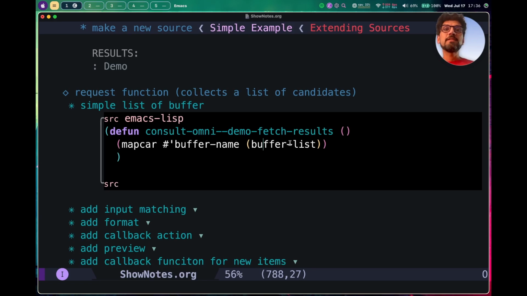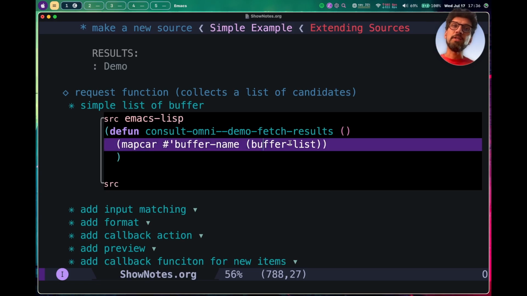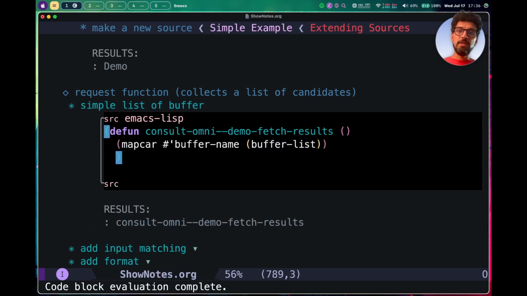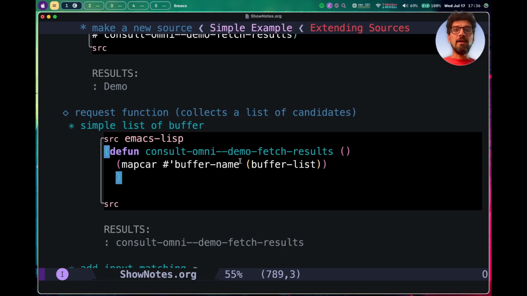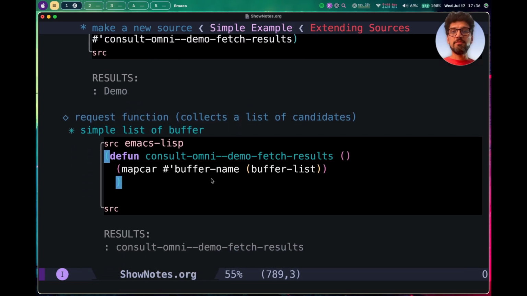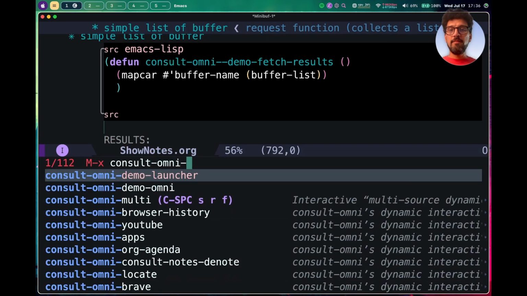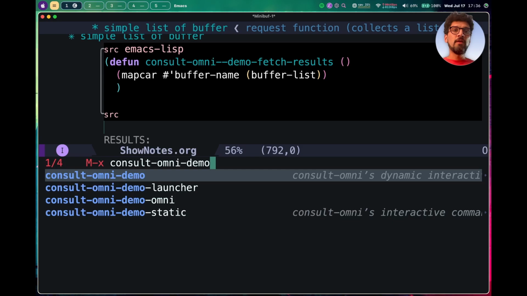Remember, this has to be a list of strings for consult to work, because the strings are what then get added to the minibuffer candidates. So if I evaluate this now, I have defined this collector function and I have defined this source. So if I run then consult-omni-demo,